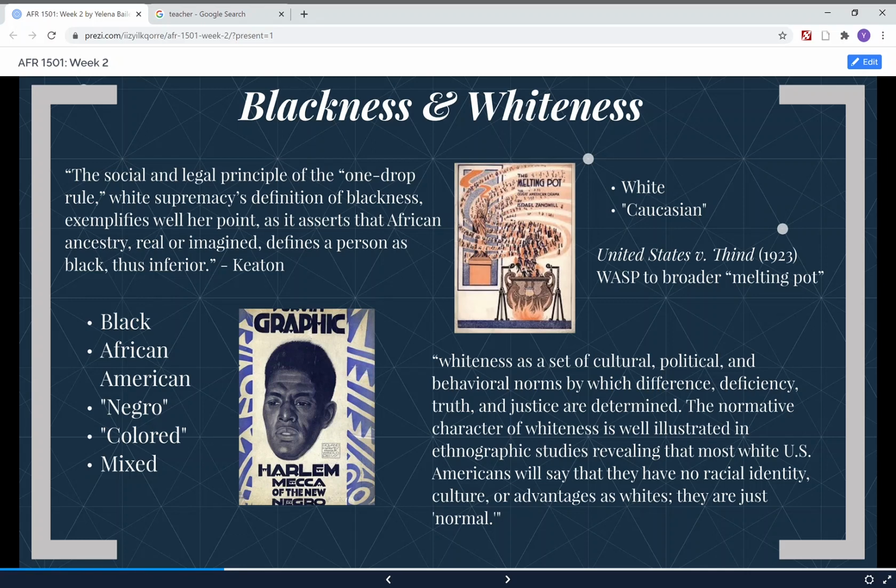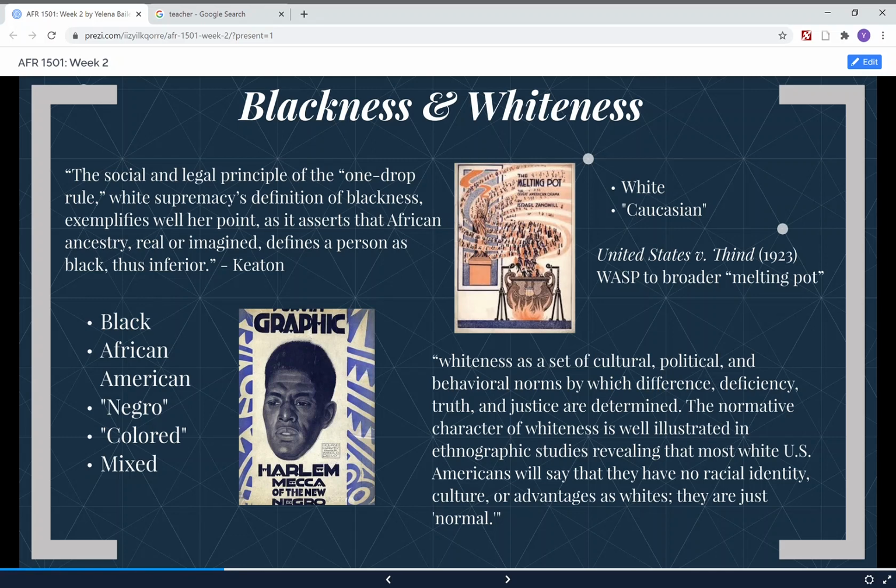there was an acknowledgement that actually it's more social. So I put this US case here, US v. Thind, which is this really famous court case where this Indian man made an argument that he could trace back his ancestry to being Aryan, and because of that, he should be considered legally white. And in the court case, actually cited that white was really what the common man's understanding of it was, right? So that began the first kind of acknowledgement that it's really about how people understand whiteness to be, rather than some kind of scientific basis.